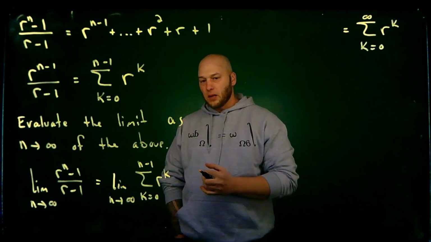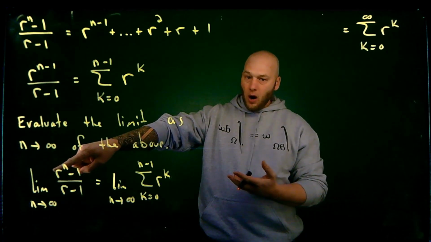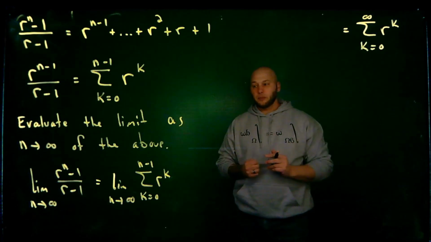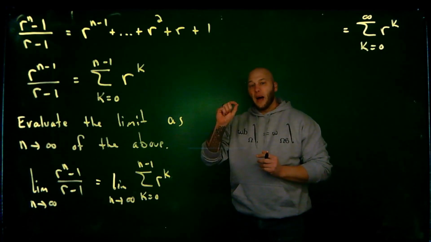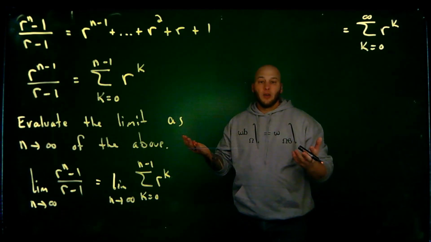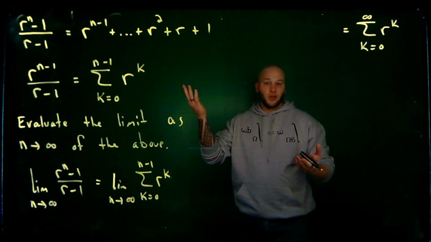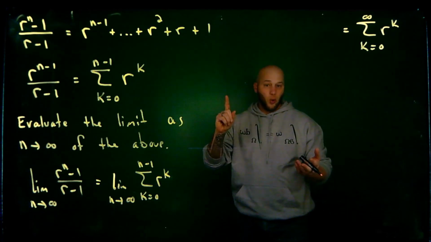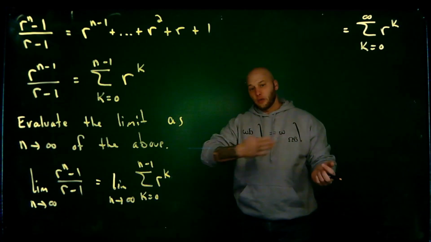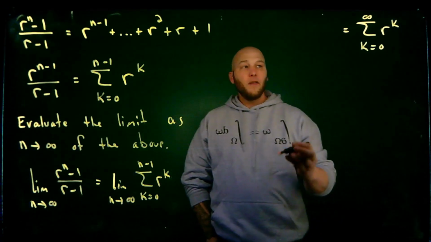Now if I look at the left hand side, the only place where I have an n is as the power on this r. Now remember that the value of r was between minus 1 and 1. And if I start taking powers of that value of r, they're going to get smaller. Just think of a really simple example. Let's say I took a half. Let's say r is a half. And let's take just the first couple of powers. r squared would be a quarter. r cubed would be an eighth. r to the fourth would be 1/16. Those values, as n just goes off to infinity, will converge to 0,